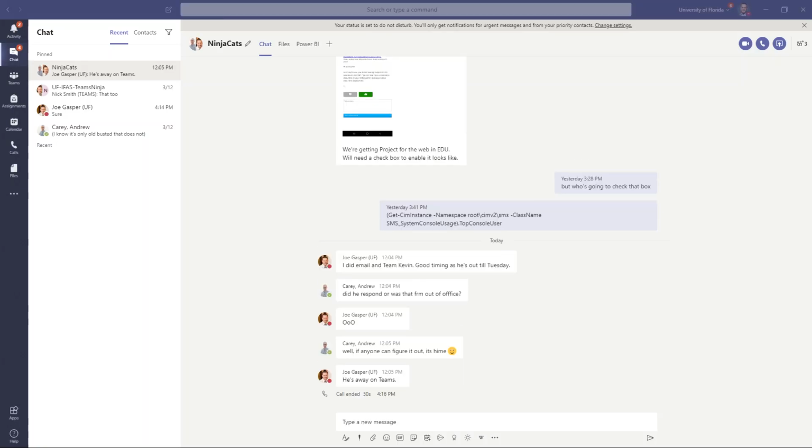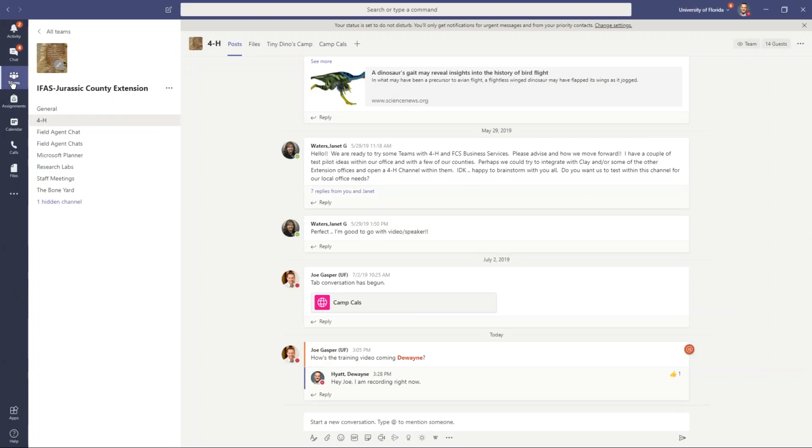So that's how easy it is to take a simple instant messaging conversation or chat conversation and turn it into a video call and then even into a really quick ad hoc conference call. So now we're going to talk about teams and creating a team because I'm sure by now you want your own team, right? So if you go over to the teams list on the left side of your application,